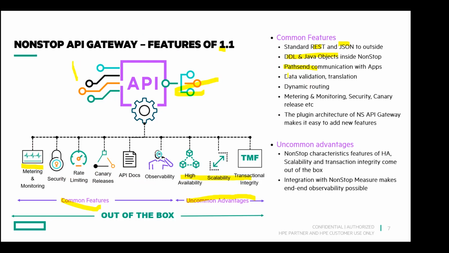And in between, before it gets a request and passes it on to the application, it does data validation and translation. It does routing between the services. Let's say you have 4 interfaces, a green, sort of cyan, black, orange, and proper green here. Requests keep falling on them, and then API Gateway routes them to a green application, the second green application, and probably an orange application. So dynamically, it keeps routing between these applications as requests arrive. Metering and monitoring, I talked about it for charging purposes, probably security. And here is where I will talk about canary release.